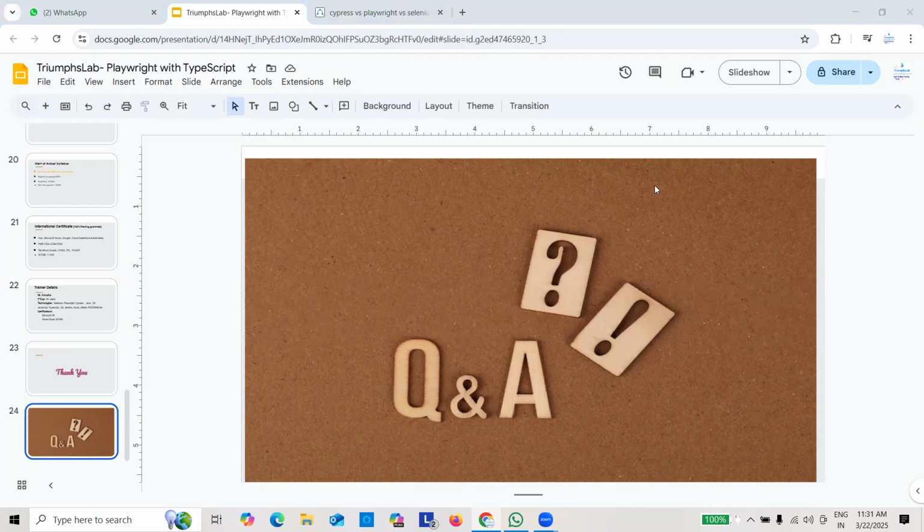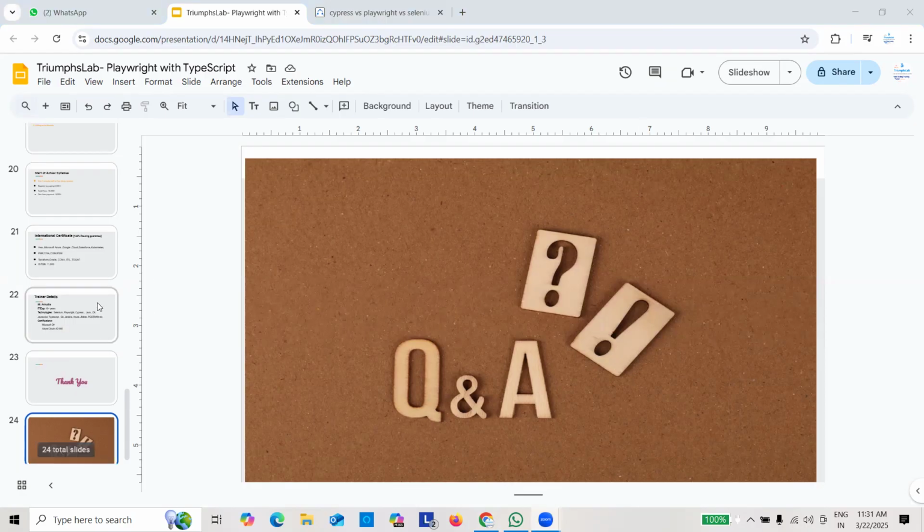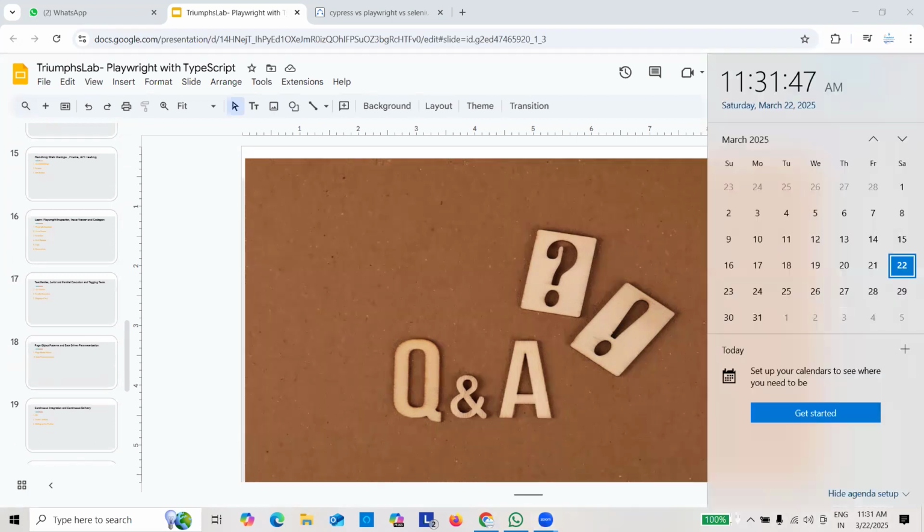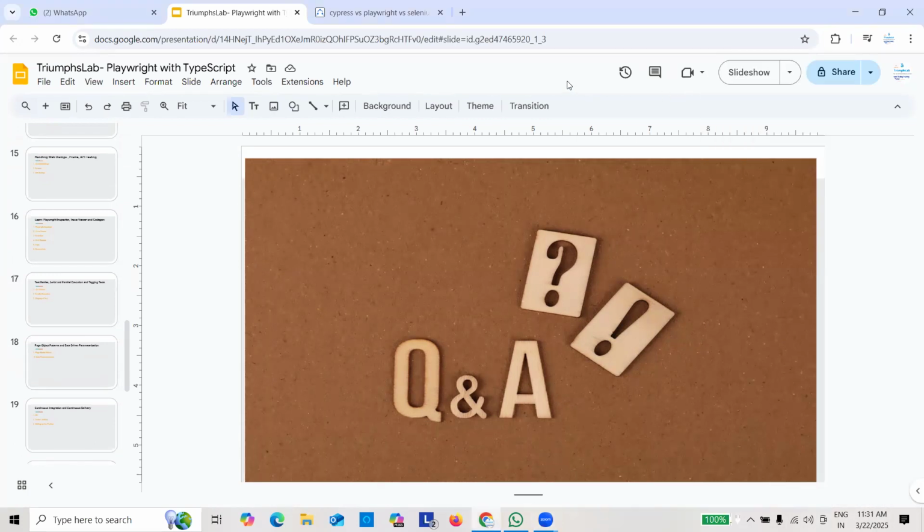Sir, the timeline is not set right now. The time is fixed, 7 to 8, but the date is not yet set. It will not be in the next week, I guess. I will ask Anirudh sir for the schedule, because the current batch got over only 2 to 3 days back. Anirudh sir might have some schedule. I'll check with sir and put it in the group. Okay, sir.